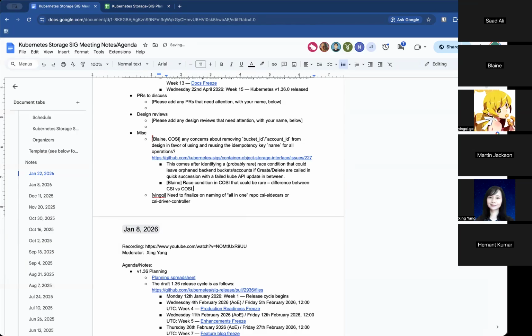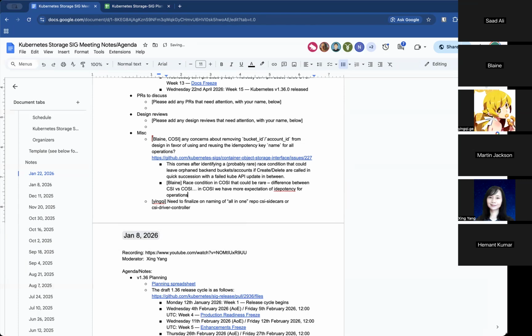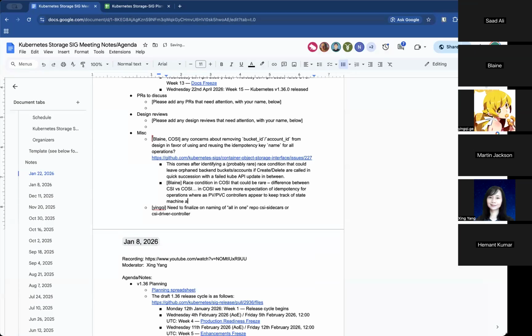In the Cozy designs we have a bit more of an expectation on idempotency for the operations, versus when I look at the PVC controllers, I can see that they keep track of almost like a state machine state of, okay, this thing is done, and their internal tracking for operations that may have been completed but not fully matched to the API.